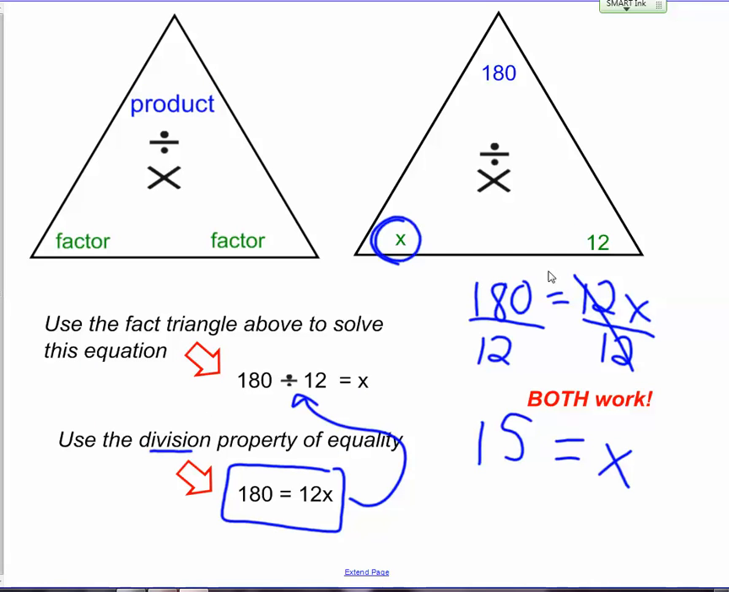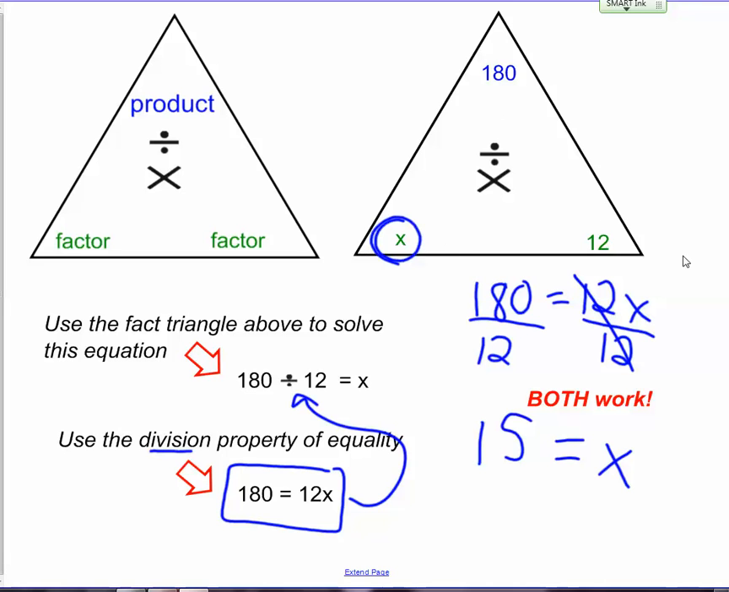All right, then we looked at how you can use these ideas to solve an equation. So I said use the fact triangle above to solve this equation. We know that 12 times x is 180, so 180 divided by 12 is x. 180 divided by 12 is 15. So 15 times 12 is 180, 12 times 15 is 180, 180 divided by 12 is 15, and 180 divided